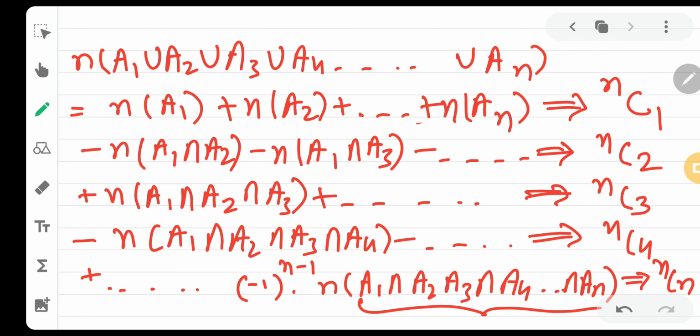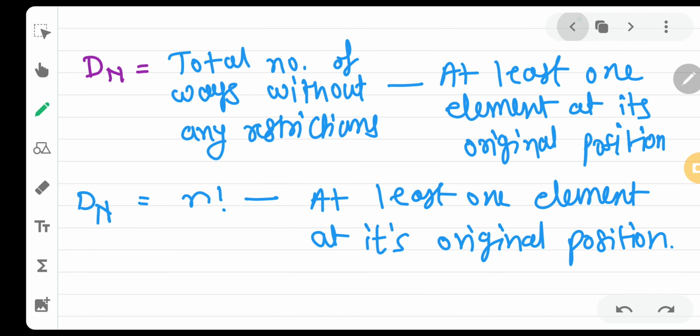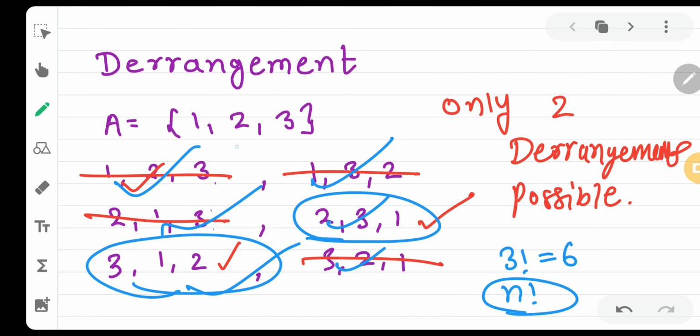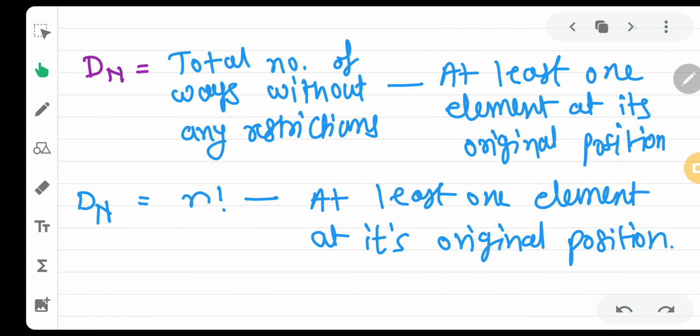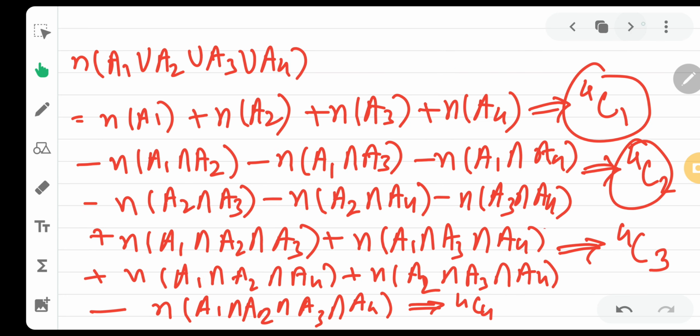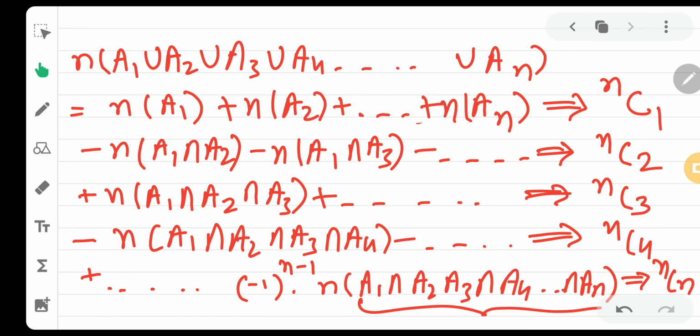So that is quite easy, right? Because if we go back to the first page, over here 1, 2, 3, it has not to be rearranged. It shouldn't be rearranged if all the elements have to be at their original position. 1, 2, 3. That means first element at correct position, second element at correct position, third element at correct position. Every element is at its correct position. So there is only one possibility, right? So that is why in the final step you can see there is only nCn possibility, because nCn is 1.